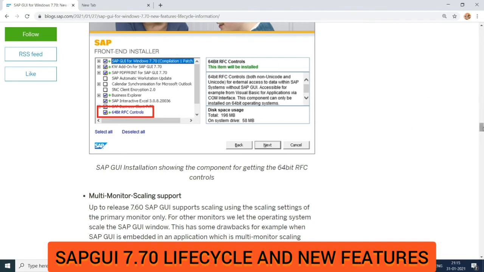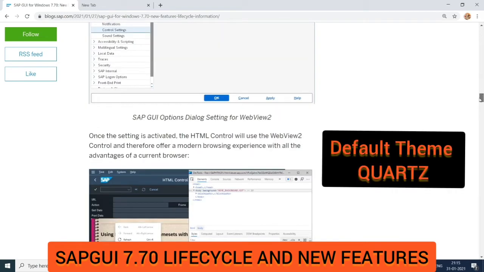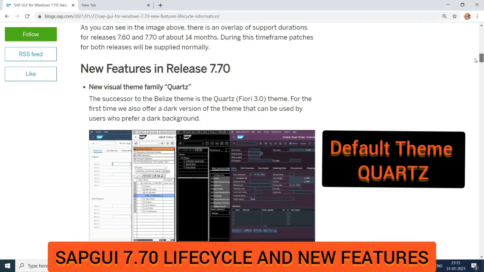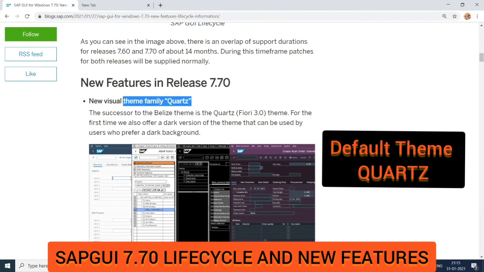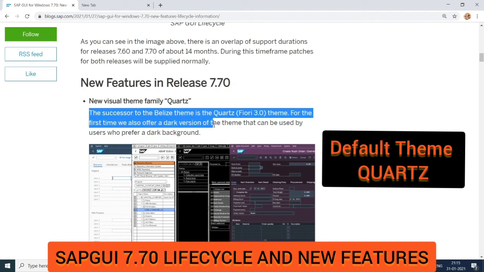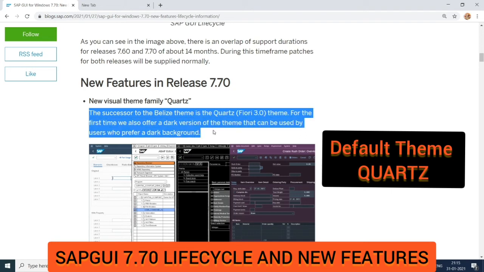Coming to the default theme included in SAP GUI 7.70, it is the Quartz theme. This is the successor to the Belize theme, which was the default theme in SAP GUI 7.60.